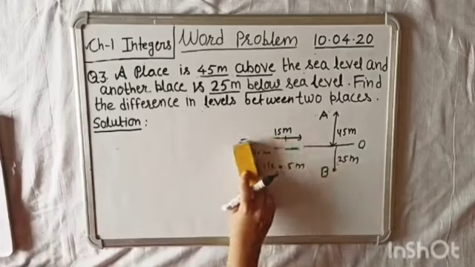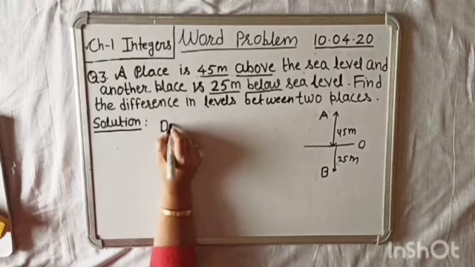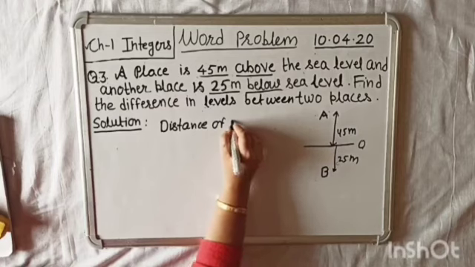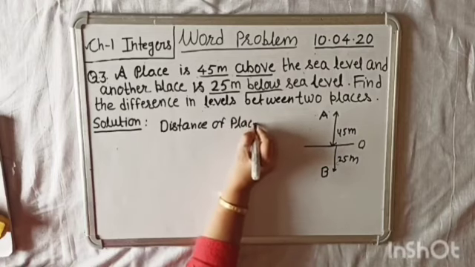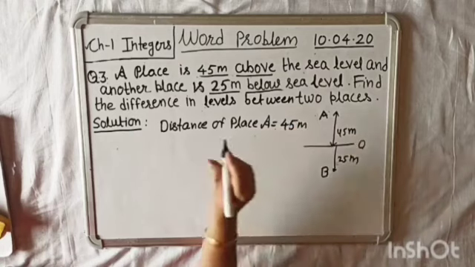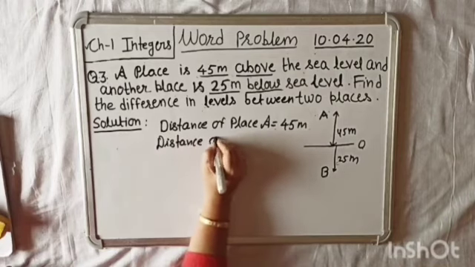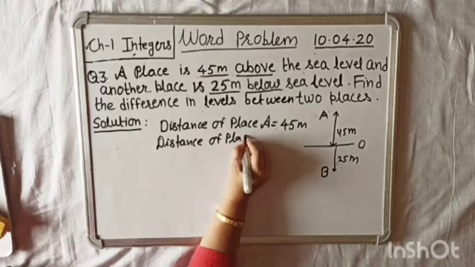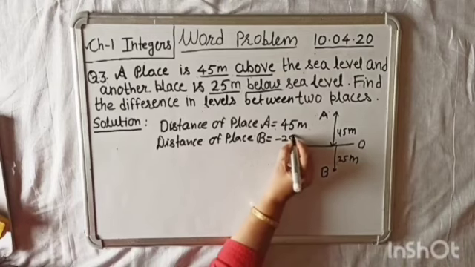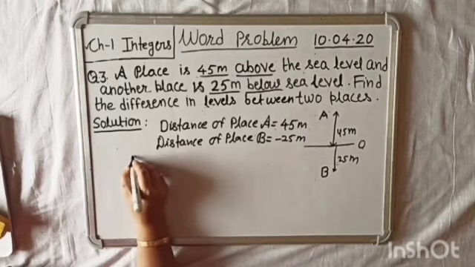So, how you will write? First, distance of place A, that is 45 meter. See, distance of place B, that will be minus 25 meter because it is below sea level. Now, the difference,